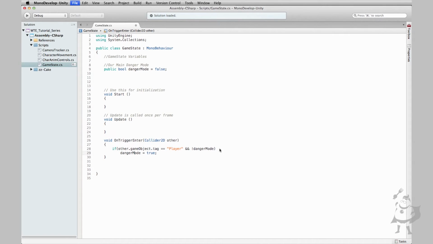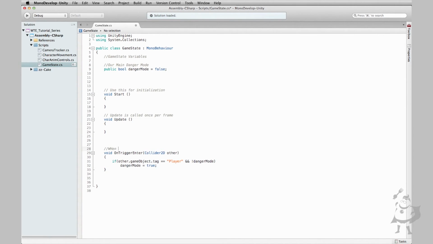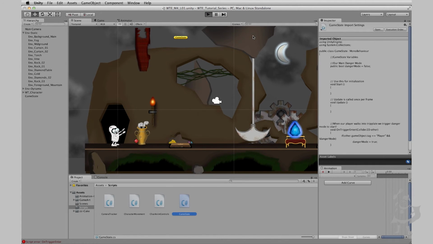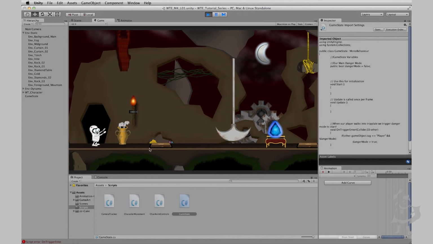Simple script. So now let's go up here and let's write a comment, say, when our player walks into trip plate, we trigger danger mode to start. Okay, I'm going to save this script and let's close that off for now. So let's hit play. And now what should happen is as soon as we walk into this trigger, oh, there's